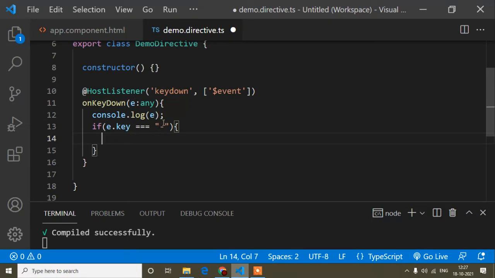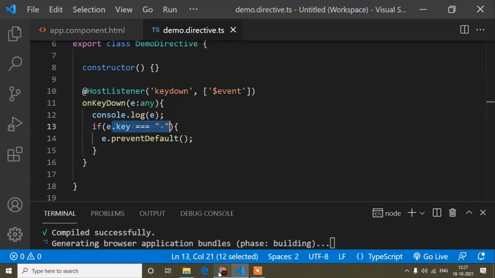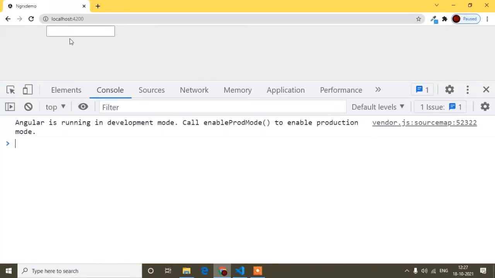So how can you do that? There is the JavaScript default method, that is event.preventDefault. In this e parameter I'm getting the event, so e.preventDefault, where D is capital in preventDefault. Simply do that, so when the user presses minus, you can see it blocked the event.